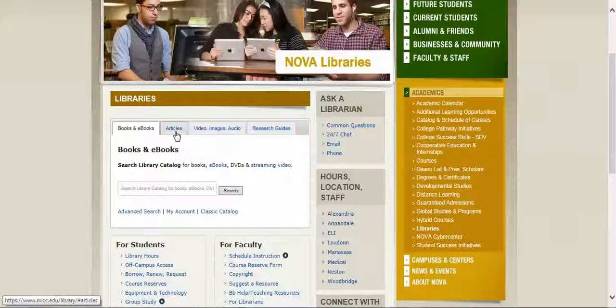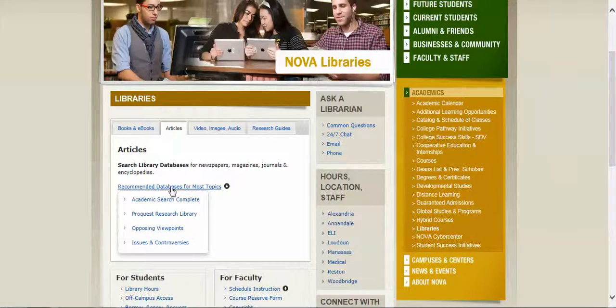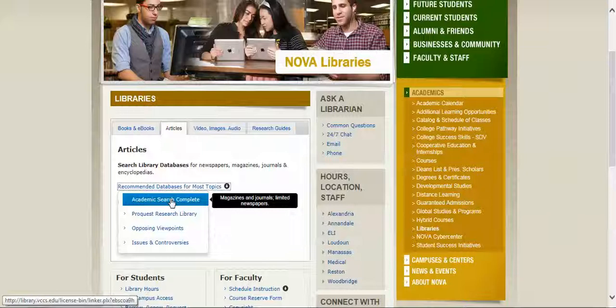Since you're going to be doing research on an author and his works or her works, when we're looking at articles, it's probably a good idea to use database by subjects. But you can actually use recommended databases for most topics. Most of you can go into Academic Search Complete and do a search there. So we'll go ahead and do that first. Academic Search Complete does a broad search of some of the most popular and top used databases. So let's click on that and we'll bring up